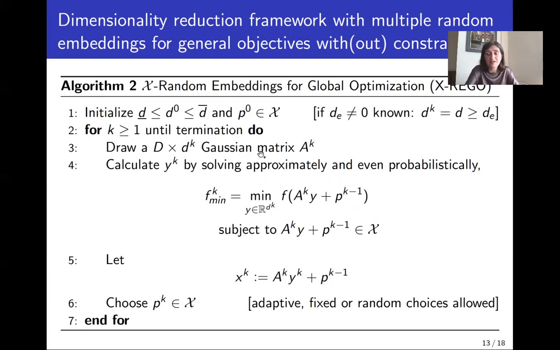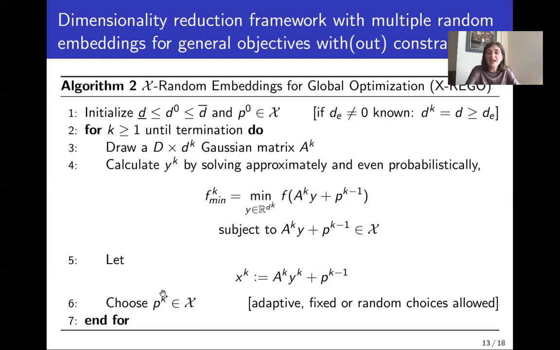Gaussian random subspaces. And then we solve this reduced problem that could be, depending on the problem, either completely unconstrained or constrained to be in a box. So this applies to the constrained over a box special structure or general objectives over box or over Rn. And then we have our next main iterate xk that's generated by yk and our anchor point pk plus 1. Then we choose another base point pk and draw another random subspace and solve a reduced problem again and again.